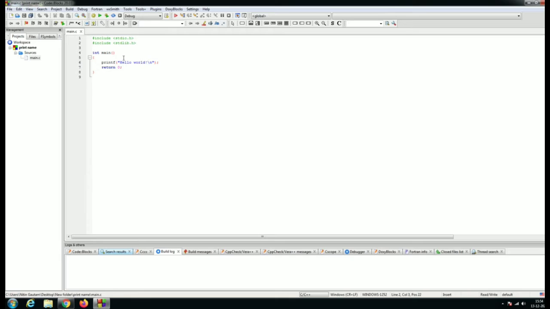And what is the main function? Main is defined to be a function that expects no arguments, which is indicated by the empty list of parentheses. The statements of a function are enclosed in braces, and the function main contains only one statement, printf hello world, new line. A function is called by naming it, followed by a parenthesized list of arguments. So this calls the function printf with the argument hello world,